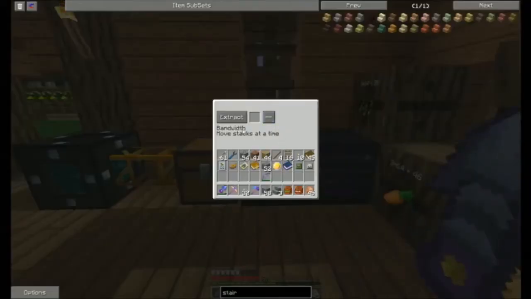Alright, and we added a bandwidth upgrade to it, so as you see, it moves stacks at a time. This keeps us from, like, if we get 16 wheat come over, it won't pull one at a time, it'll pull the entire 16 and move it through the system. And then we have an extractor upgrade